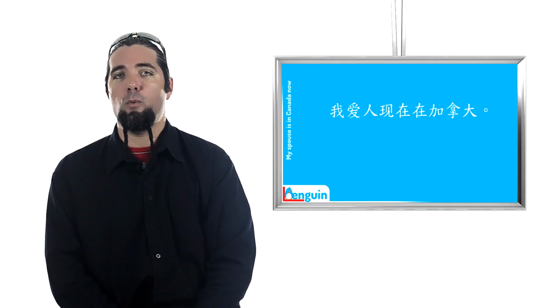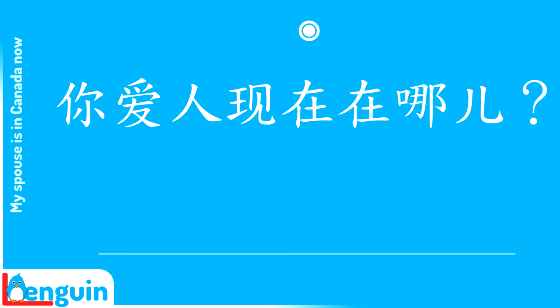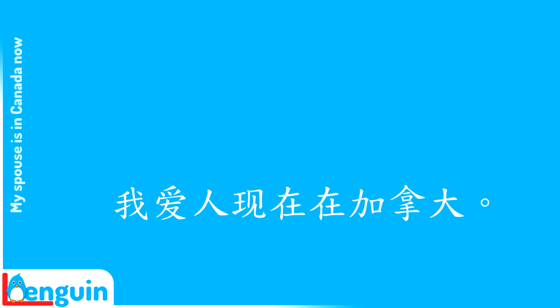Try answering the next question. Say that your spouse is in Canada now. 你爱人现在在哪儿？ 我爱人现在在加拿大。